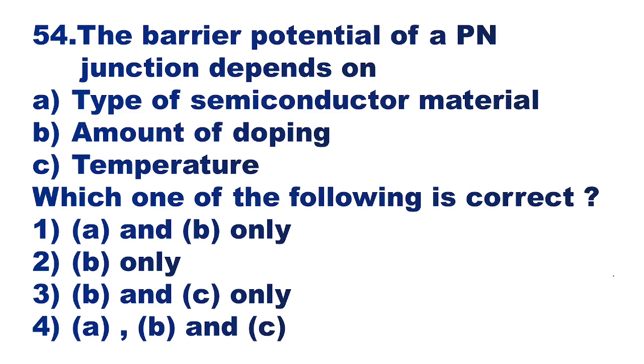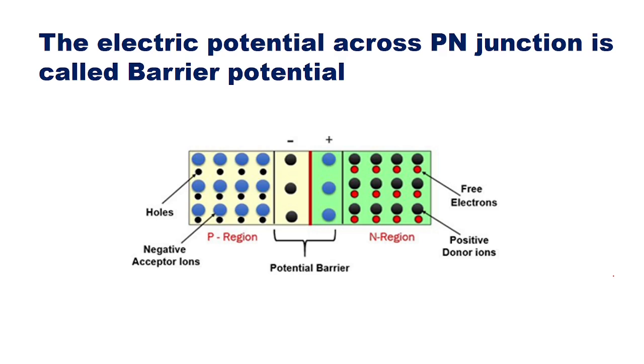Okay, now here in this question, we should first remember what a barrier potential is. If you see a PN junction, here you can see a P-type material and an N-type material. The P-type material will have holes as majority charge carriers, and the N-type material will have electrons as